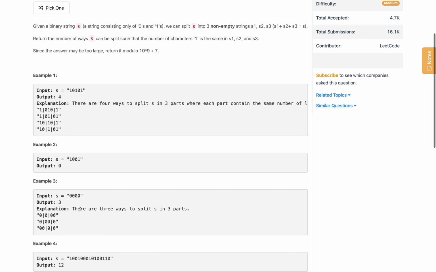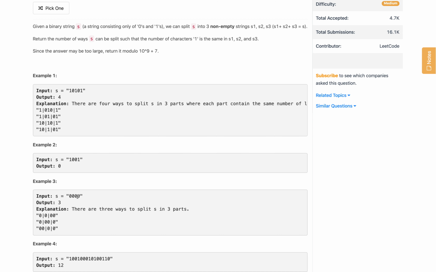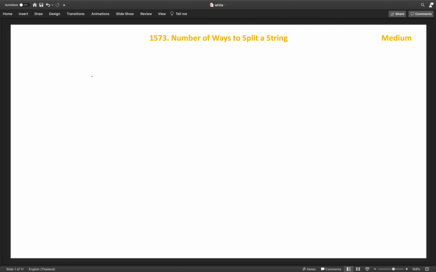And there is another case: if we have all zeros, we can cut anywhere. So, the length of this string is 4 and the number of places we can cut is 3. We have to make two cuts. Let us understand this, so this will be more clearer. We have a string 0, 0, 0, 0, four zeros. We have to place 2 cuts and we have 3 places to cut. So, how will we place them? 3C2, we choose 2 out of 3. So, this is 3C2, which is 3.